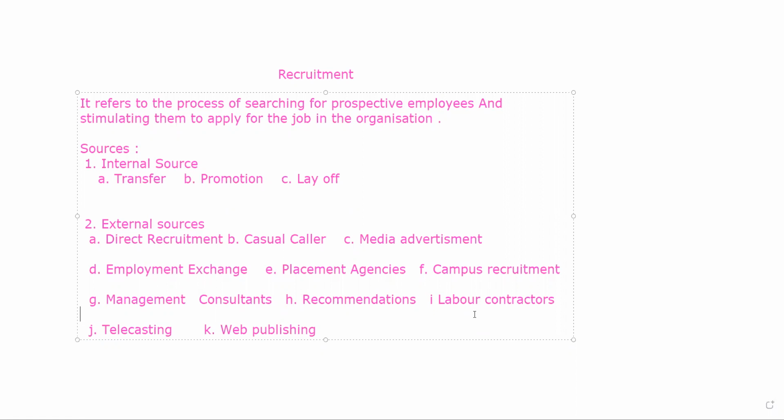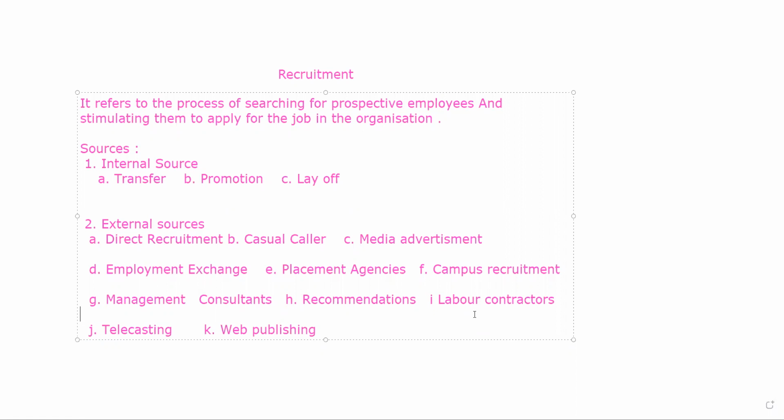Placement agencies, yes. Employment exchanges are held by the government only. These are not private organizations, but placement agencies are the source of private placement. Any kind of guards, maids, whatever the level A, B, C, whatever the level of the employees you want, can be provided as per your demand from the placement agencies. These kinds of agencies usually work in the big cities. Management consultants.